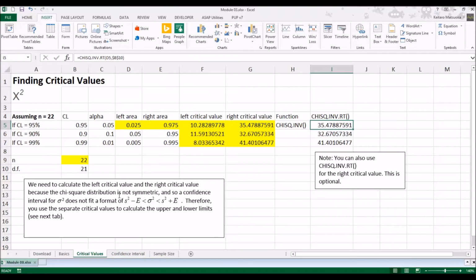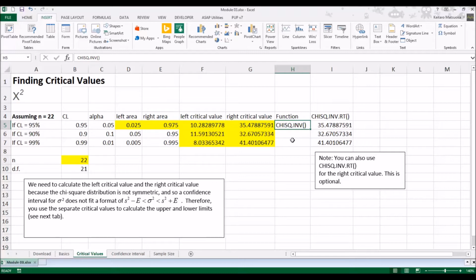Again, it's very similar to last time. You find areas and then critical values, but the difference is that there's a left tail area and then a right tail area. We need these two values because, again, chi-square is not symmetric. So using those two areas, we separately calculate the left critical value and then the right critical value using the function called chi-square.inverse,